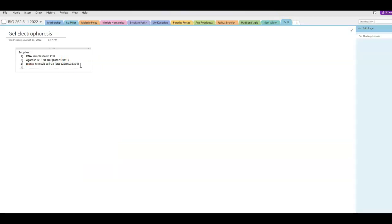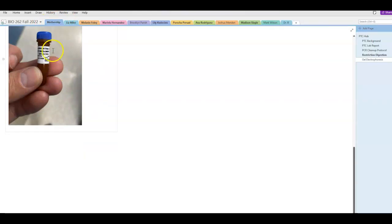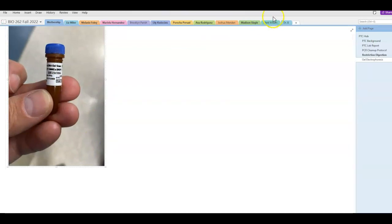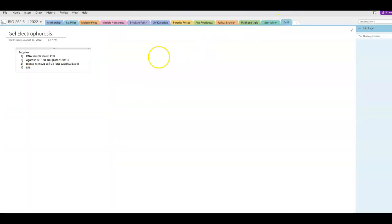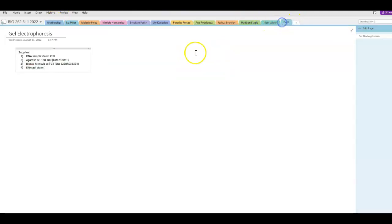Great. Was there anything else that we used in that lab? The DNA gel stain. Again, I can make this bigger if I need to just to see what it says. DNA gel stain. So you can see what I'm doing. And that one would be 2361836. So that's basically everything for supplies, and I could either do it there and continue, or I can go down here and say procedure,